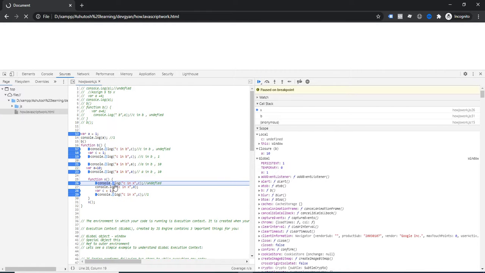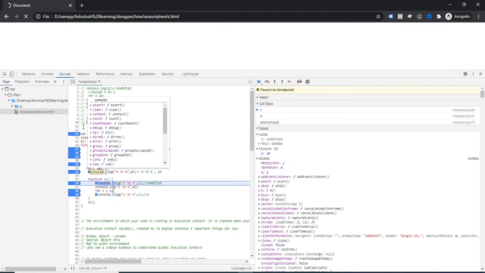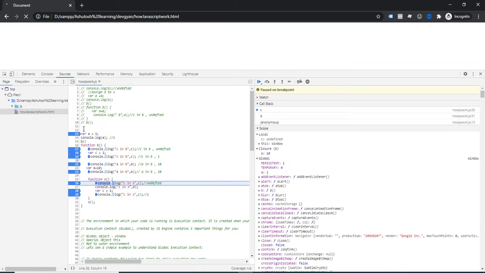Suppose the A value is not present in the parent, then it will try to find it in its parent, which means the global object, because function B is a child of the global, so it will try to find it in the global.